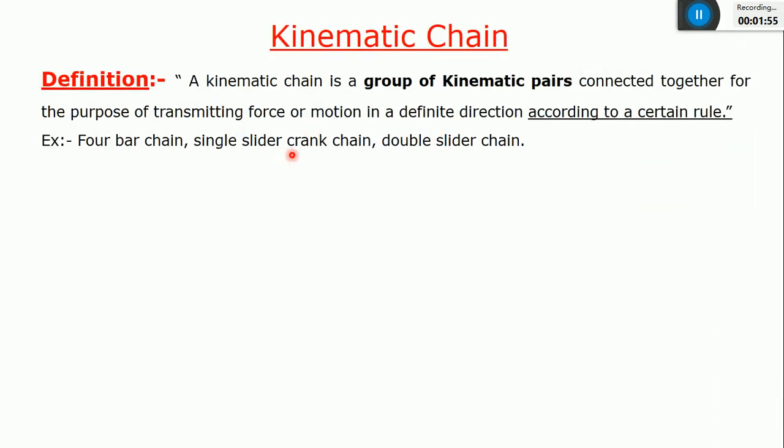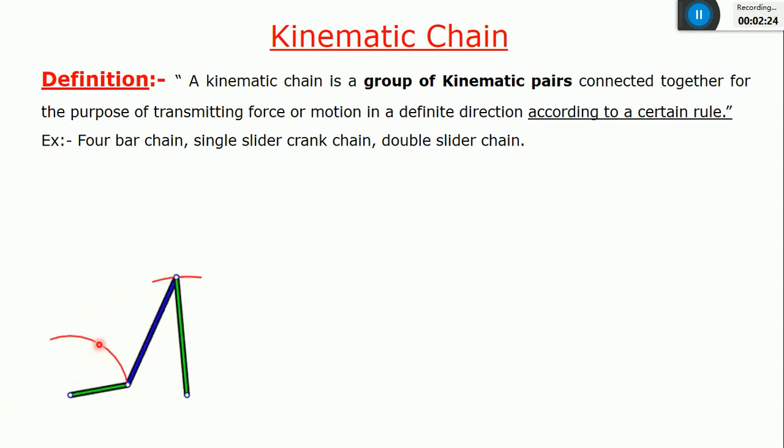So this was a topic known as kinematic chain. I have considered a four-bar chain. It means there are four links. One is a fixed link. The platform or a frame I can consider as link one. This rotating part is known as a crank. And this blue color link, which has a combination of rotary as well as linear motion, is a coupler, or you can call it a connecting rod also.